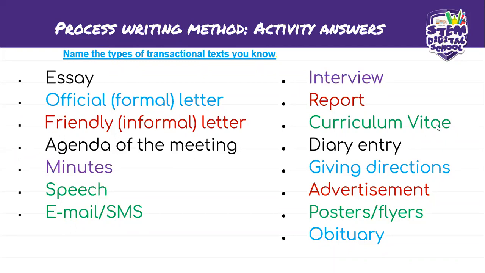And then we have a report. Then we have a curriculum vitae. I know at this stage you probably have not written it, but eventually in the next few years you will. A curriculum vitae, also known as a CV, is the document we use when you are looking for a job, a sponsorship, a scholarship, a bursary. It includes your personal information, your educational qualifications, your career aspirations, your work experience, as well as the contacts of people who know you, who can attest to what you say.